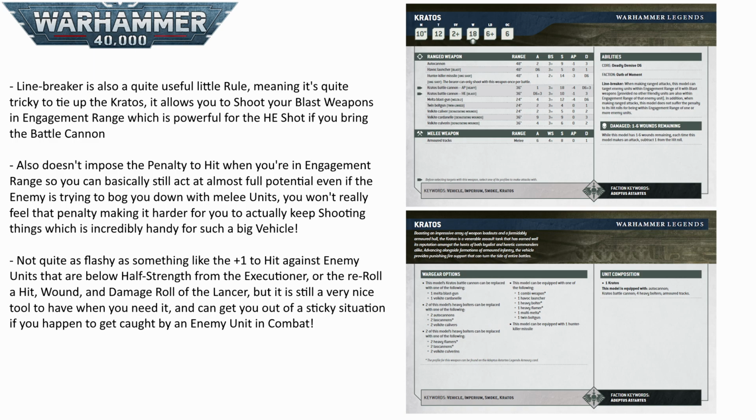What I also really like about the Kratos is that it is quite hard to pin down. It's got a unique rule, Line Breaker, which allows it not only to shoot blast weapons into engagement range, which is really nice for that high explosive round from the battle cannon, but on top of that, you also don't get the penalty to hit when you are in engagement range, so you are basically using this tank at full